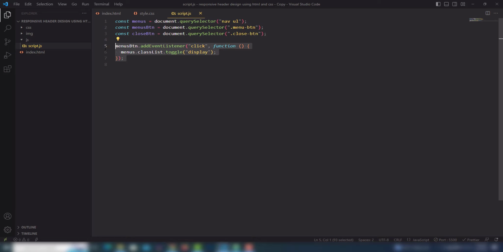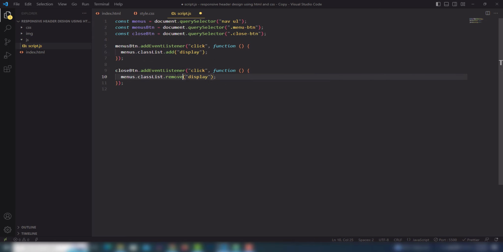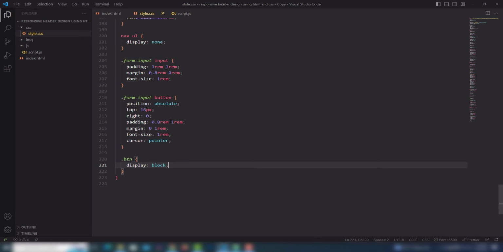So also I'm gonna select the same thing, but I will use the close button. When the user clicks on that, first I'm gonna use add class, and this will be remove the class. When the user clicks on the close button, then this event will work. So let's work on the